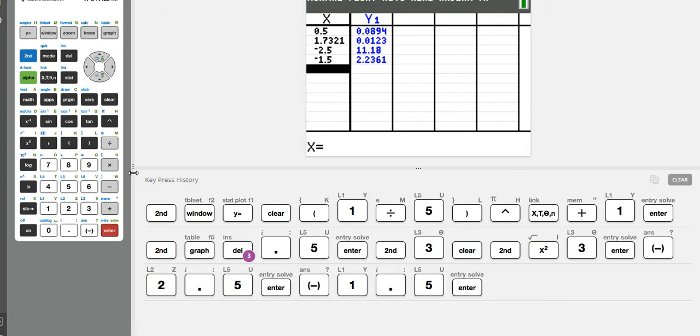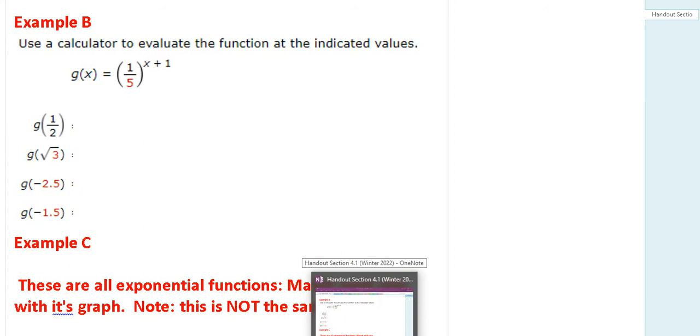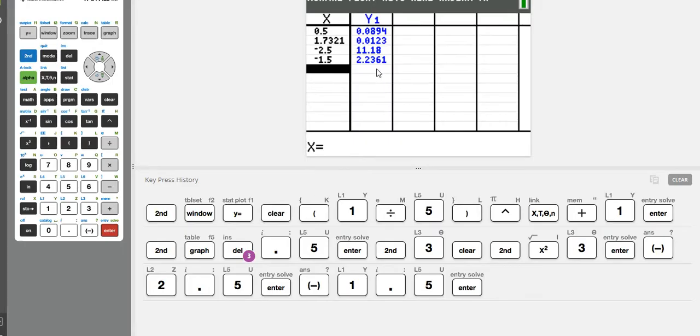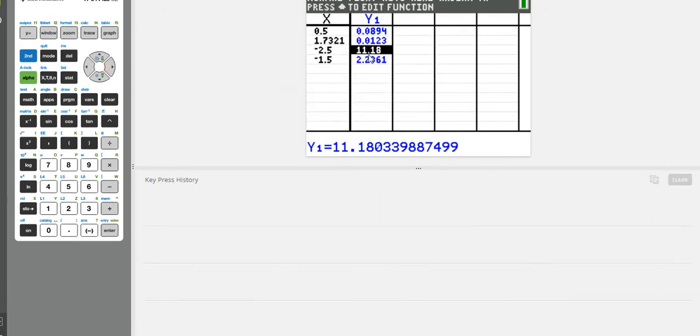Now all you have to do is be careful rounding these things as the problem asks, to the number of decimal places that they're looking for. I don't know what that would be in this case, but if when you look at your calculator, you're like, oh, wait a minute, I'm supposed to round to 4 decimal places, it's only giving me 2, like in this third one. Here's what you can do. Cursor up here and put your cursor over that value, and then on the bottom of your calculator, you'll have more digits than you know what to do with. So you should be able to get whatever you need out of this.